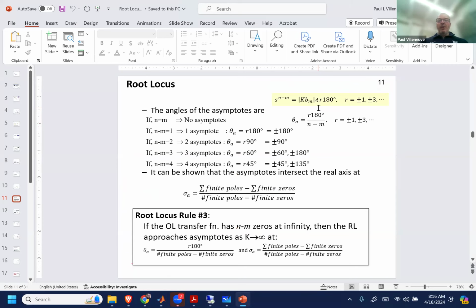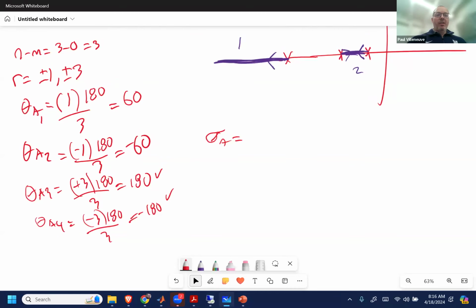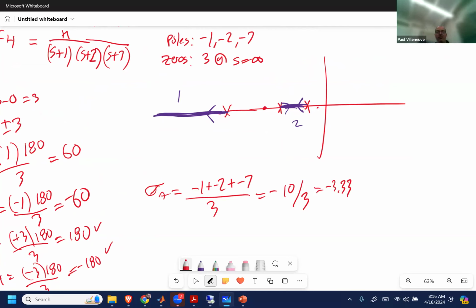So it's sum of the poles minus the sum of the zeros divided by 3 in this case. So the sigma of the asymptote is the sum of the poles, which we already said, -1 plus -2 plus -7 divided by n minus m, which is equal to 3. So that's -10/3. So somewhere over here is the centroid, right? Because we have -1, -2. And we know it goes off at +60